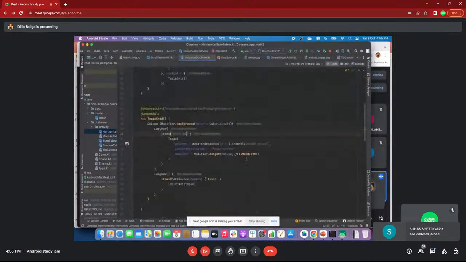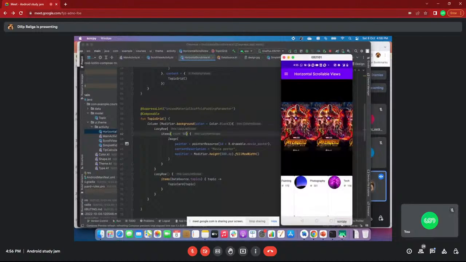As I already mentioned, if you want to align vertically, you use a column, and if you want to align horizontally, you use a row. Here I want horizontal scrolling, that is the reason I am using a lazy row.